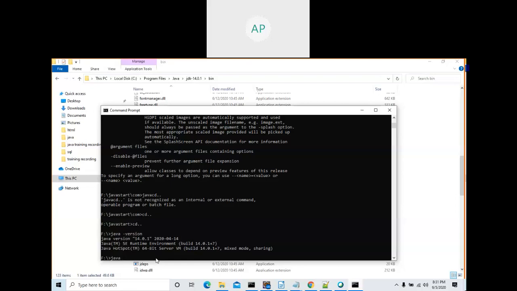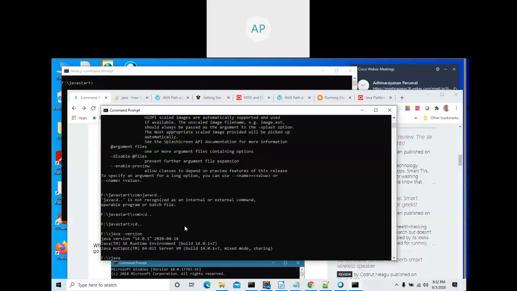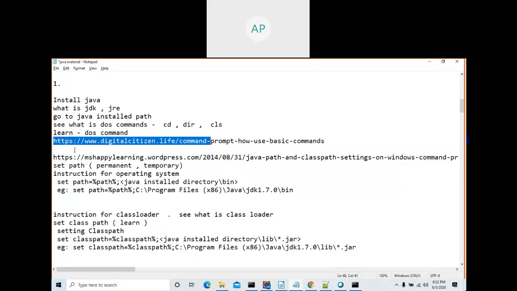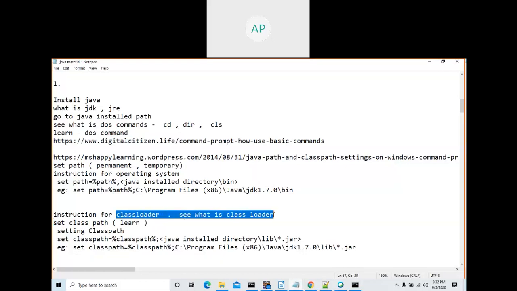When you type java here, how does your Windows operating system find that command? In order to find that command, you need to set the path. There are two things: path setting and classpath setting. You need to set the path, and you need to set a classpath. This is different, that is different. The classpath is the instruction for the class loader to see where the classes are.